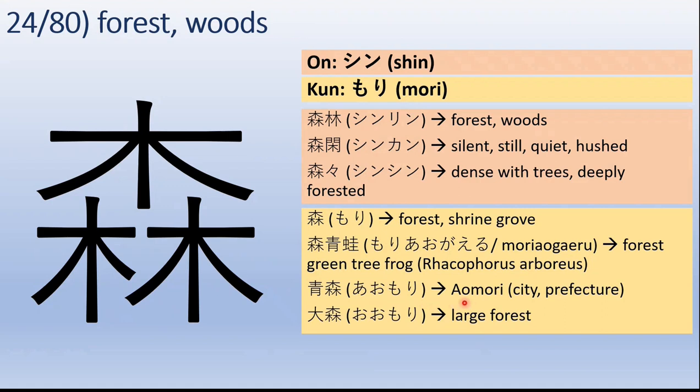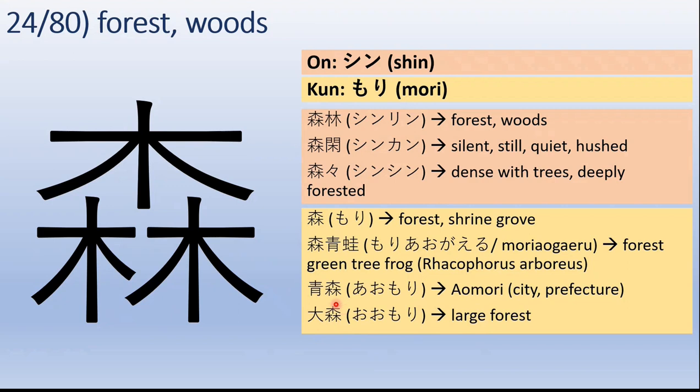Then we have Aomori. As I said, it is a city or prefecture in Japan, Aomori. And in Omori, we know O represents this big. We have done this radical in the last lesson. So this is O and this is Mori. So this means a large forest, Omori. This is a very good example of a combination of two kanji, and the good thing is that we have done